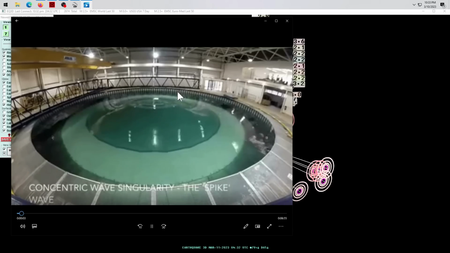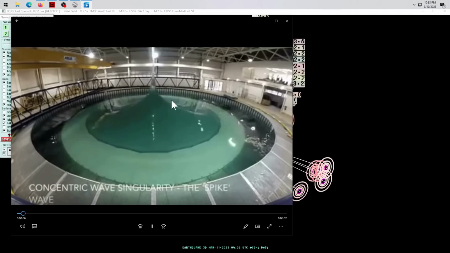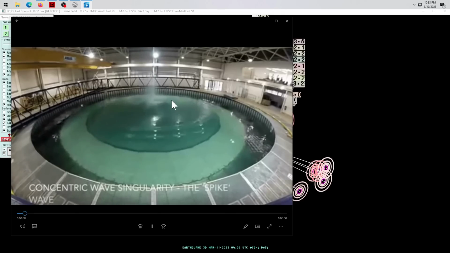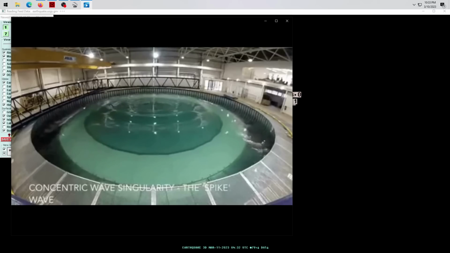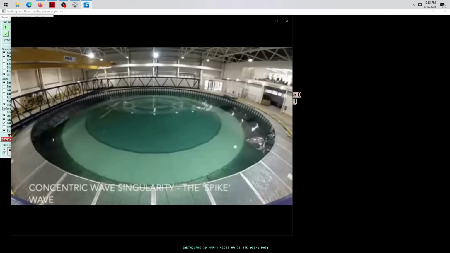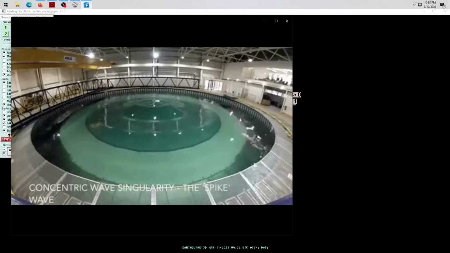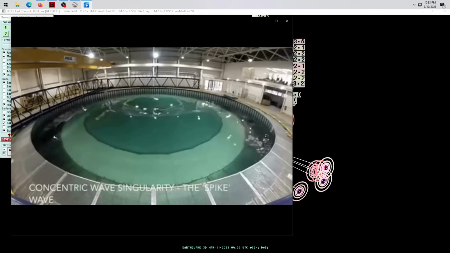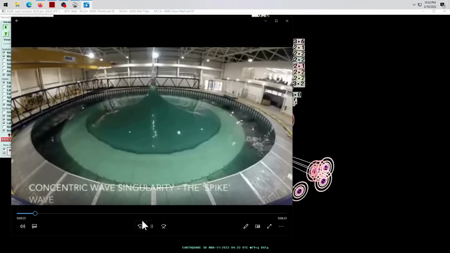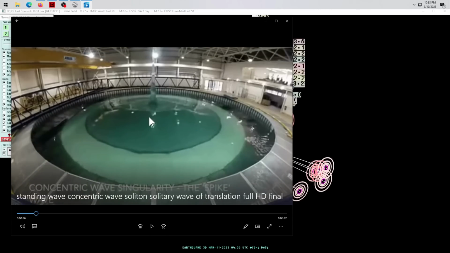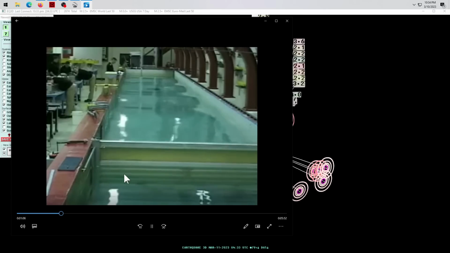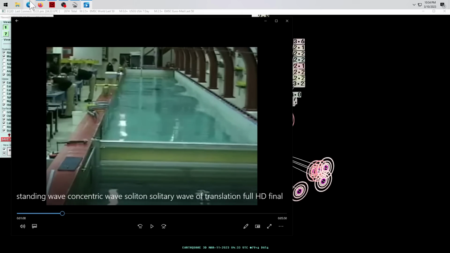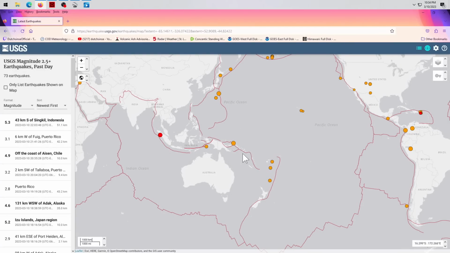Now, think of the deep earthquakes like this, what's on the screen, where there's a wave deep down below in the earth, or in the magma down below the plates, and it comes up into the underside of the plate. The combined force of thousands of miles of very low frequency, ultra low frequency, I don't know which, focuses in on itself and up into the plate in a singularity. We get a hammering, spiking action of an earthquake down below. That then hammers up, out, and away, and it creates a series of hammering actions, which then get put into the storage tank of energy, and the storage tank of energy goes back to this, the red line plate boundary